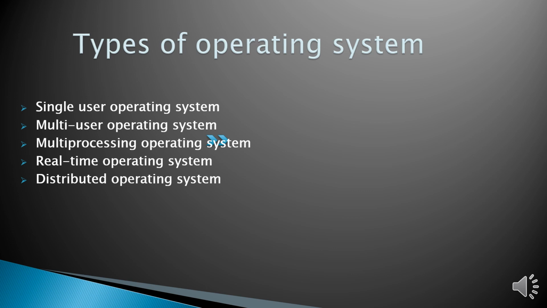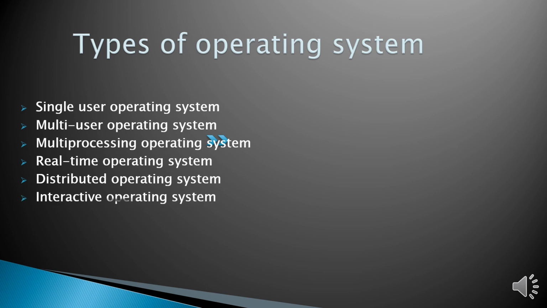Our next operating system is distributed operating system. What is distributed? A distributed operating system always works on a network, as it allows shared data to be accessed from machines on the network. It means the internet is an example of this kind of operating system. It controls these interconnected systems and makes them appear as a single computer. This is your distributed operating system.